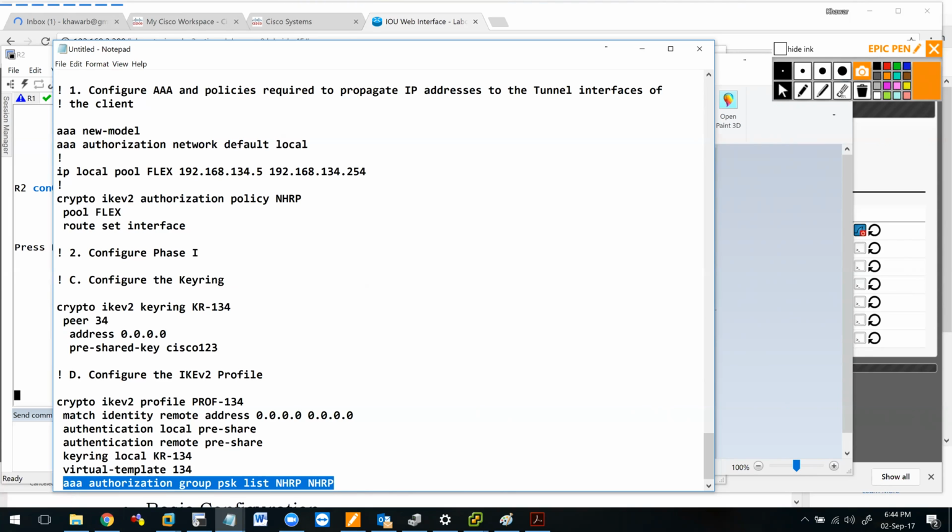So this is the one that tells my router that I need to push down what? An IP address to my clients based on this pool flex. Not only that, I also need to push my IP address, whatever IP address is on my tunnel, to my clients. It will go in as a static route. I'll show you that when we configure that. So these are the extra things that I need to do over here for doing a